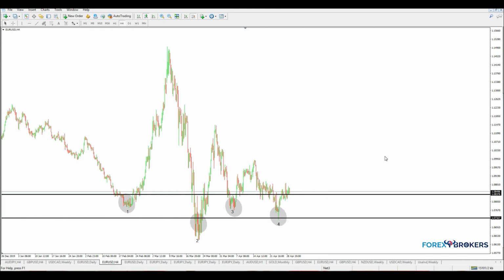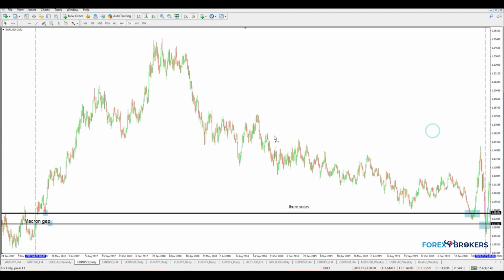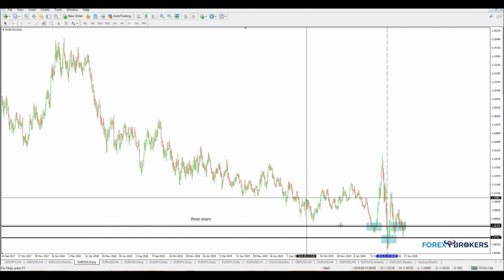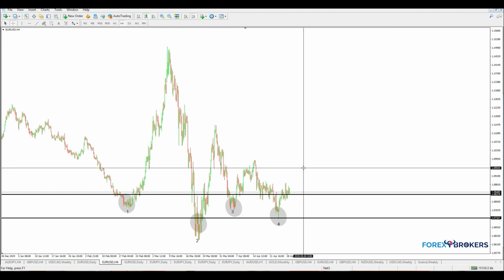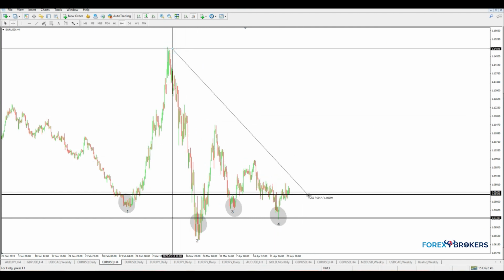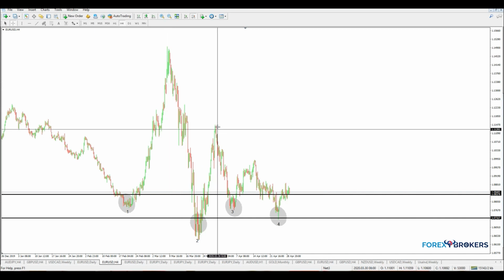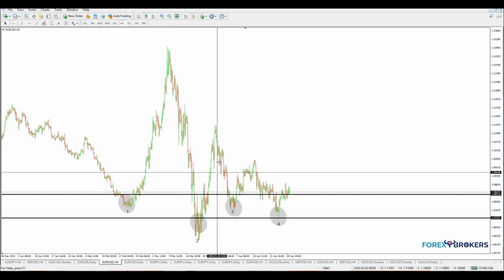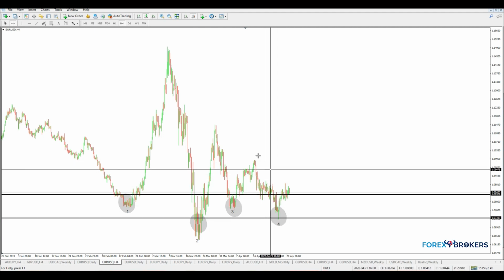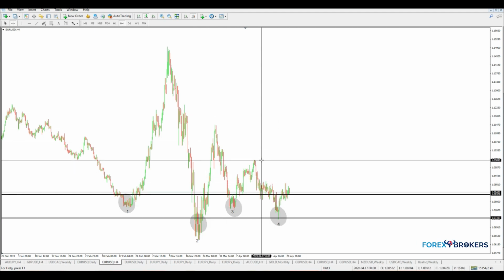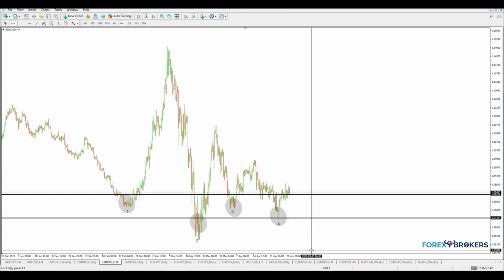So what do Euro US dollar bulls want to see from this window here? Well, given the fact that the market fell from 1.25 all the way to here, and this is major support, the bounce from this area should now break the series of lower highs. So this is a high, this is a lower high. The market keeps bouncing, but is not able to break this series. Unless it breaks this series, 1.0989 or 1.10, the euro is poised to break lower.